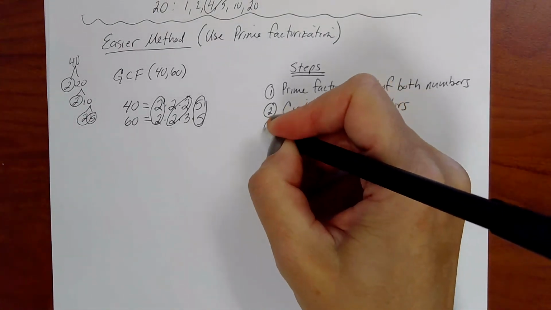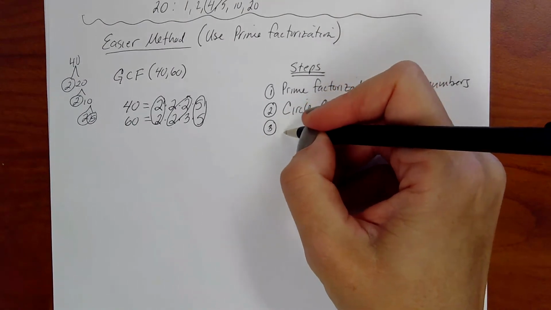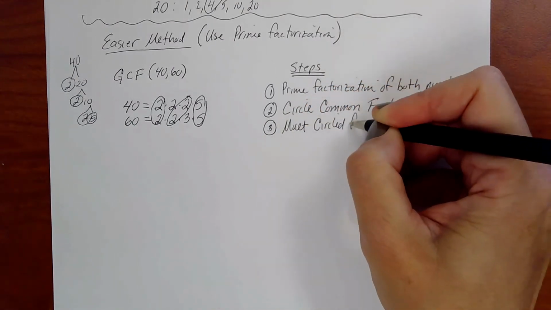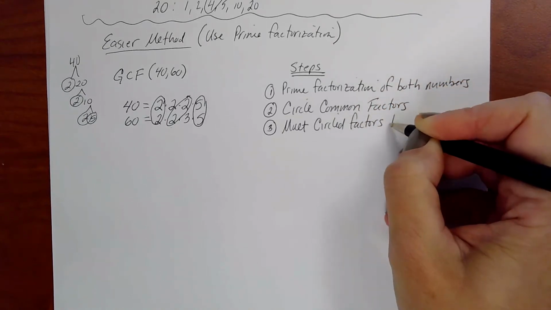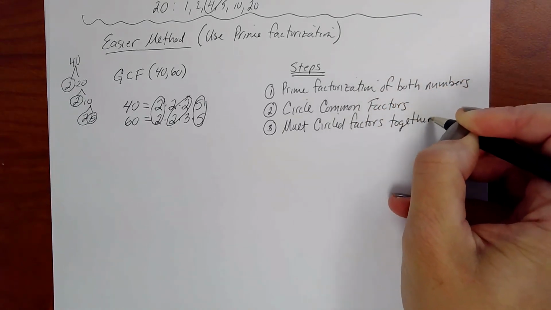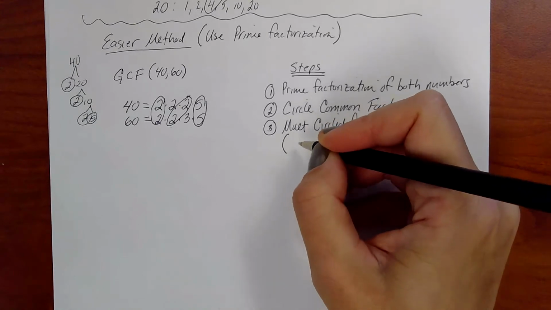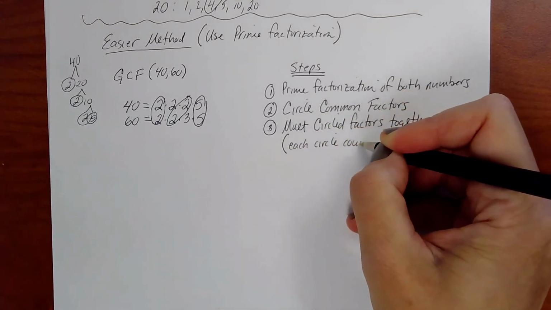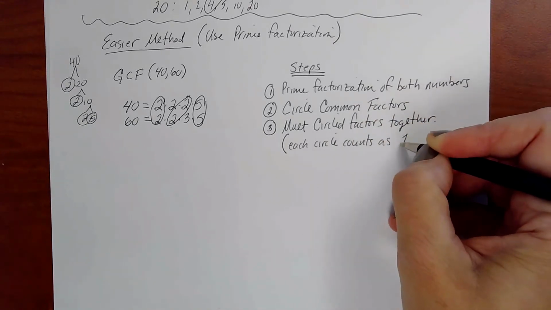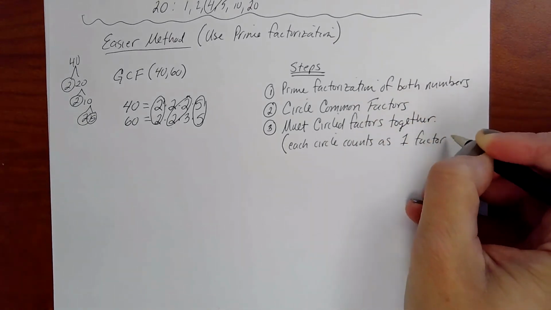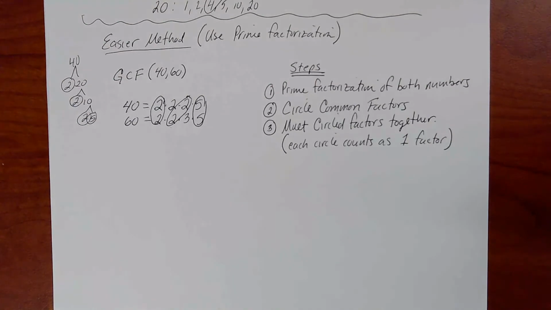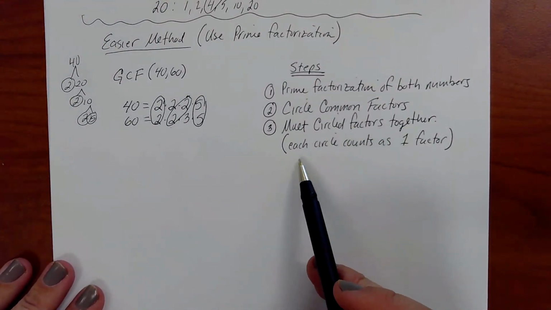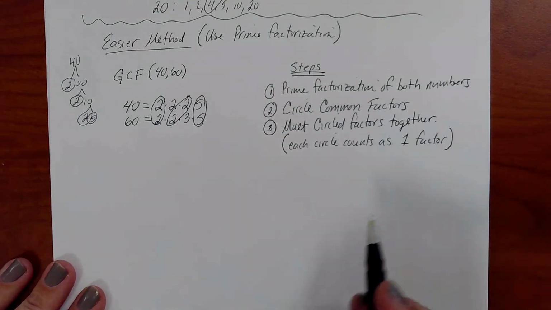All right, and then the last step is you're going to multiply the circled factors together. And the trick to this is each circle counts as one factor. What does that mean? So multiply the circled factors together. Each circle counts as one factor. So what I mean is